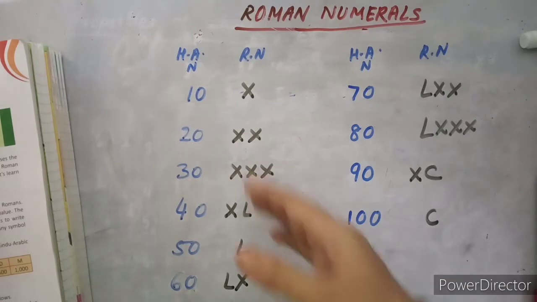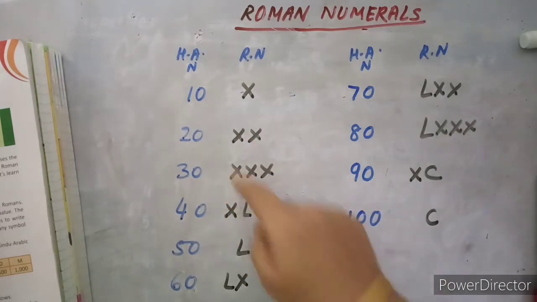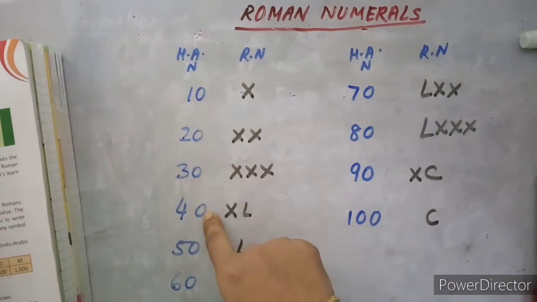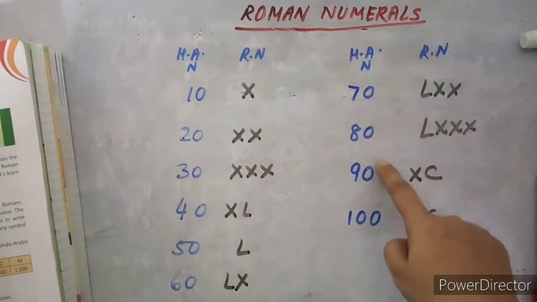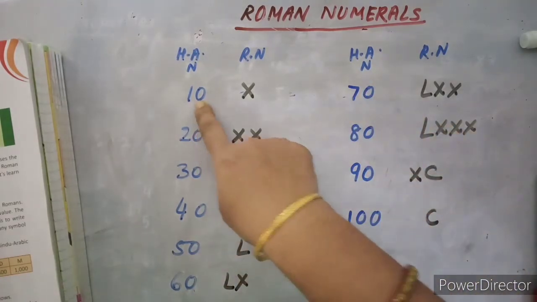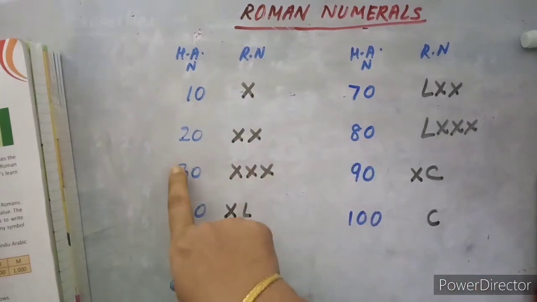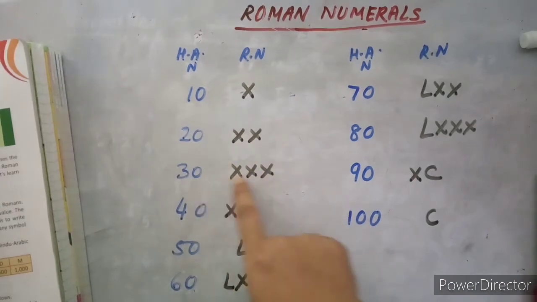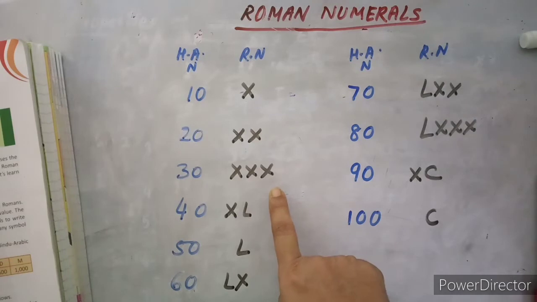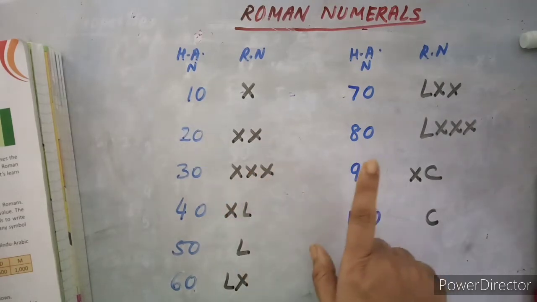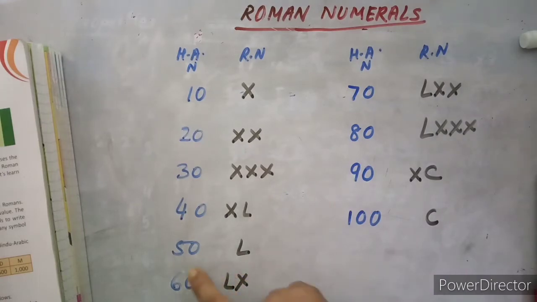Now again I have given you some numbers. See here 10, 20, 30, 40, 50, 60, 70, 80, 90, 100. Okay. Now 10 you already know that it is represented by the symbol X. Okay. Now 20, 2X. 30, 3X. Okay, now what I told you that no symbol should be used more than 3 times. तो यहाँ पे आके 3 बार X यूज़ हो चुका है. अब क्या करेंगे? 50 का एक स्टैंडर्ड सिंबल दिया हुआ है, that is L.